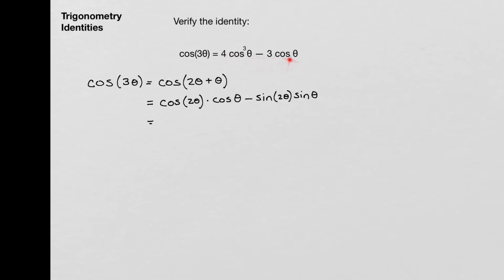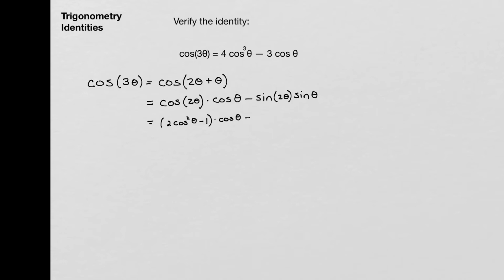So I look to what my goal is, and my goal only has cosine in it. There's no sine function there. So I'm going to rewrite this using 2 cosine squared theta minus 1. So instead of cosine 2 theta, I have 2 cosine squared theta minus 1. And that's multiplied by the cosine theta